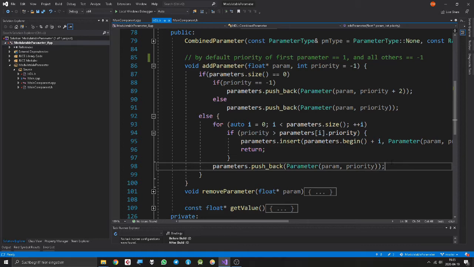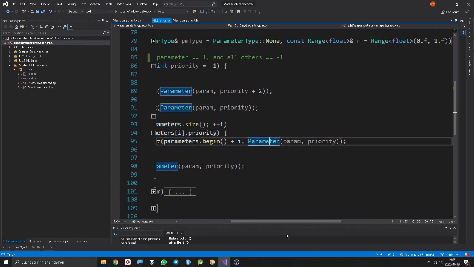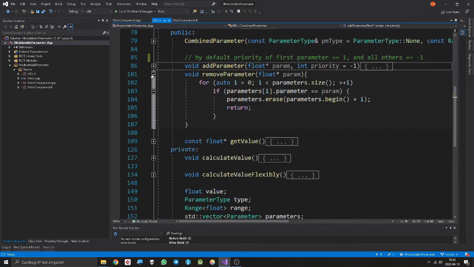But if you change this behavior by writing your own priorities, then it would be very easy, just at the point where it makes sense, insert the parameter with the given values from the arguments and then return from the function, because everything has been done and we don't want it to add another parameter. If you want to remove a parameter, it just goes through the vector, and if the parameter kind of has the same